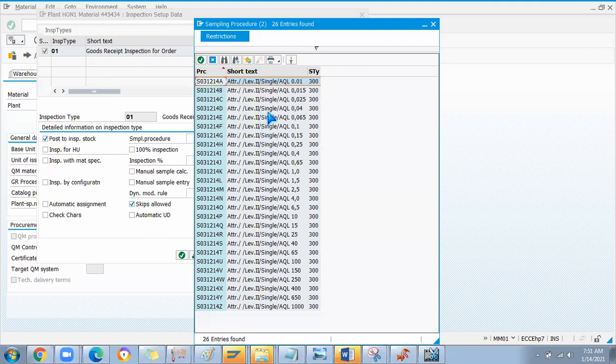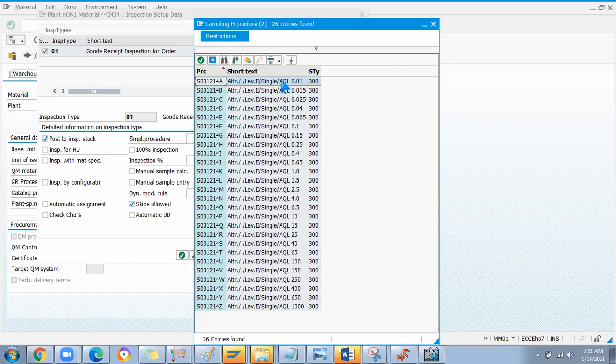Example, imagine receiving a lot of 30 quantity from the vendor, or maybe 100 or 500 quantity. Do you think all 500 quantity is inspected in the industry? No. If they inspect like that, it will take a longer time to confirm all the parts are good. So at that time we maintain an AQL, average quality level.